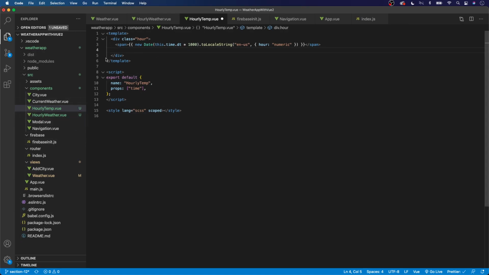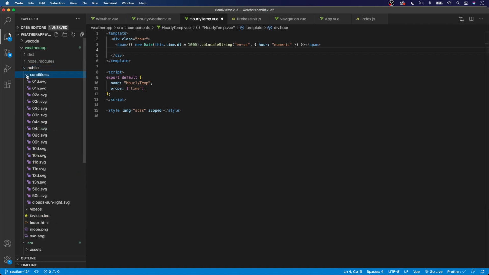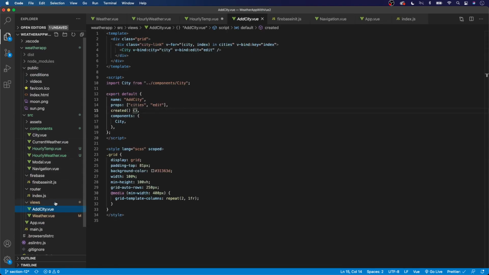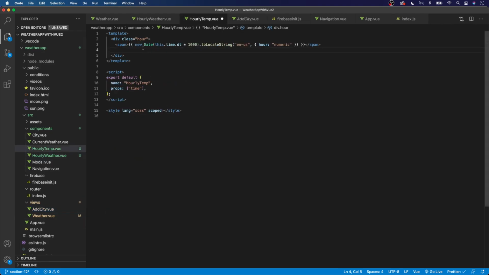Now if you recall, we have done this before. Inside of our public folder, we have conditions here with all these SVGs, and we're going to be doing the same thing that we did, I believe, in the add city component somewhere, where we used those values inside of an image tag, and we use some interpolation. So how this is going to work is we're going to have another span here, and inside of the span, we're going to have an